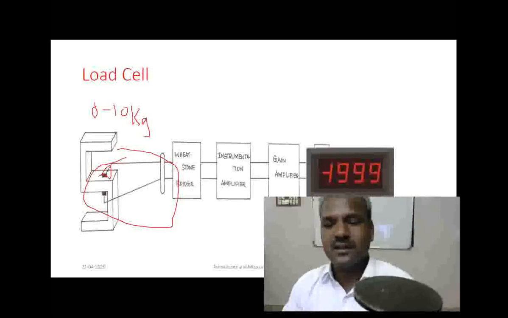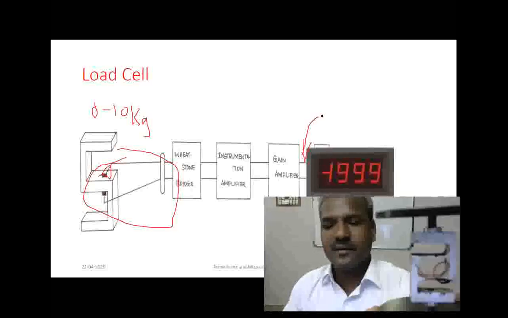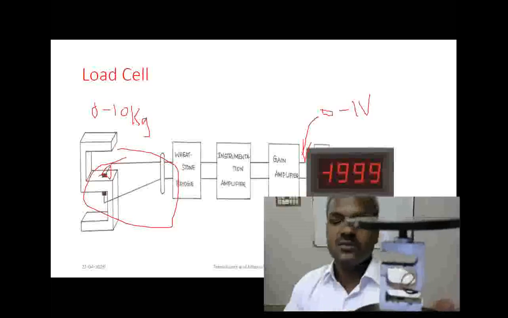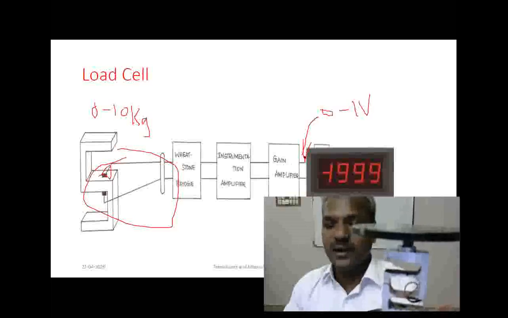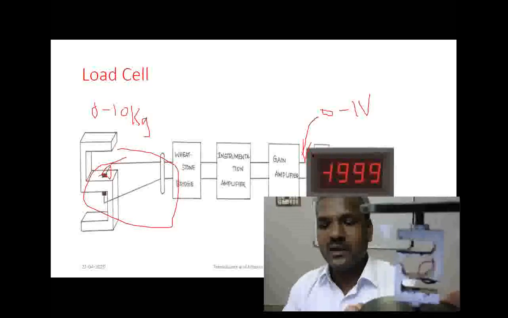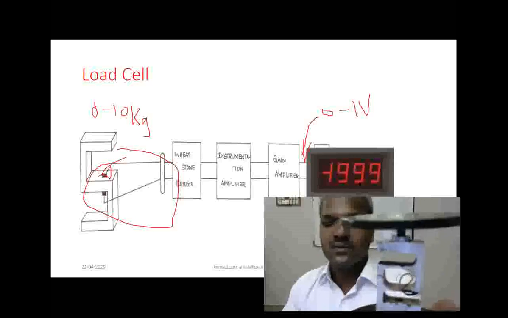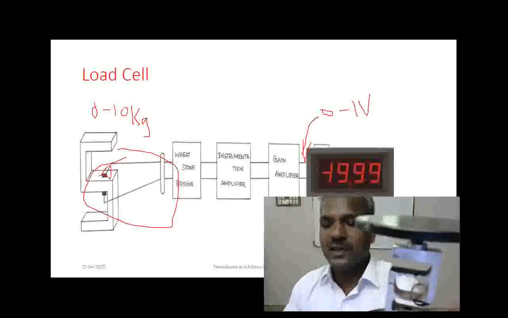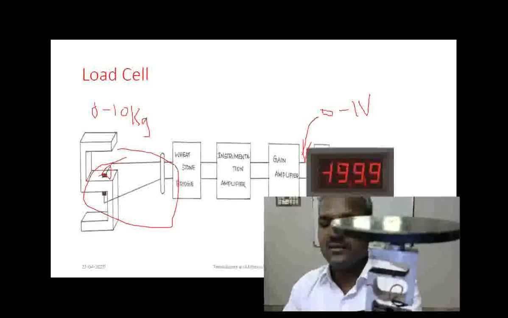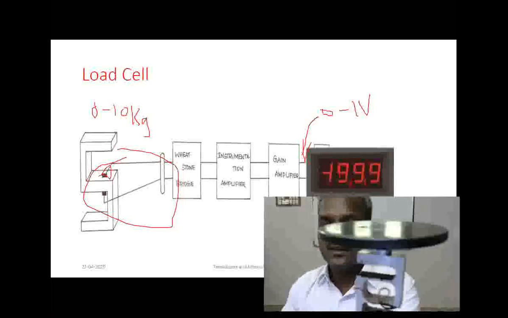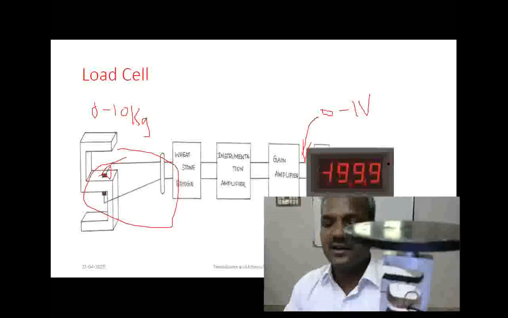So the strain gauge signal conditioning output from the gain amplifier is made 0 to 1 volt. So 0 to 10 kg is converted to 0 to 1 volt. When you're getting 1 volt here, that is 1000 counts. In that case you have to make a decimal here, not here. So these are all 00. Understand? So 10.00. So can you tell me the resolution of this digital instrument?